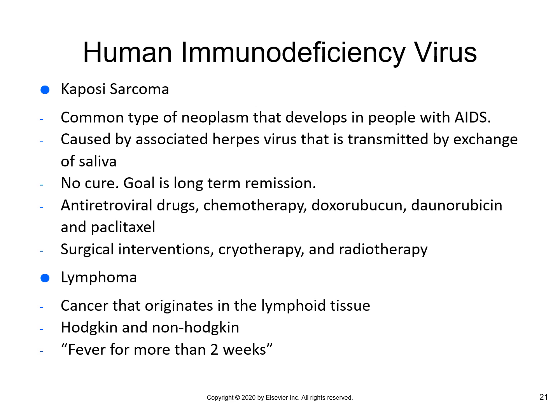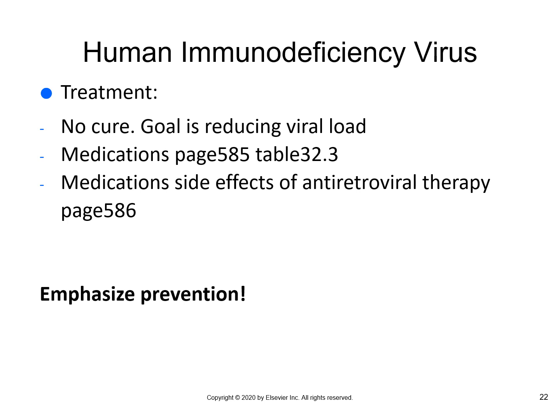Lymphoma, your Hodgkin and your non-Hodgkin. These are cancers that originate in the lymphoid tissue. It could be a complication of HIV. The patient will have fever for more than 2 weeks. Again, there's no treatment. There's no cure. The goal is to reduce the viral load. Also, the medications that we use are on